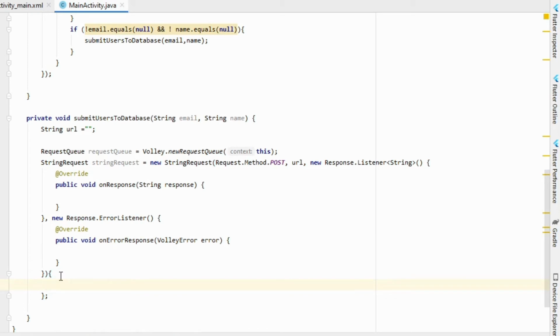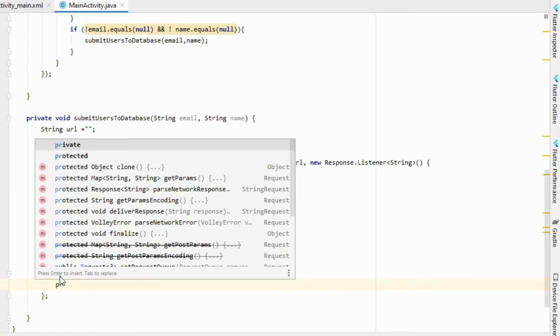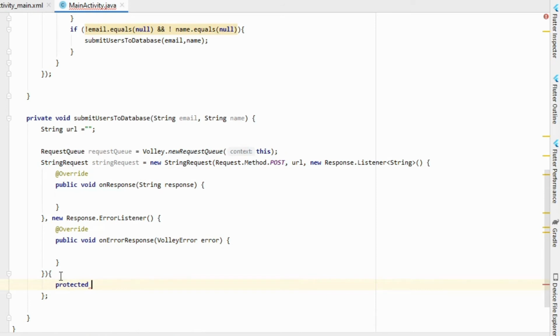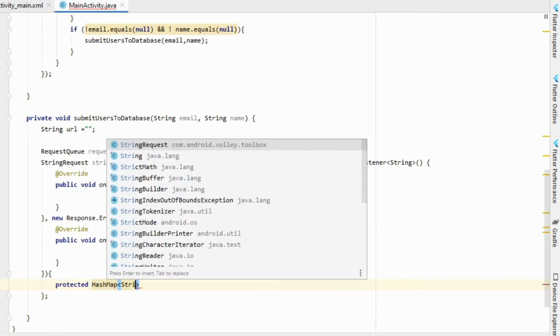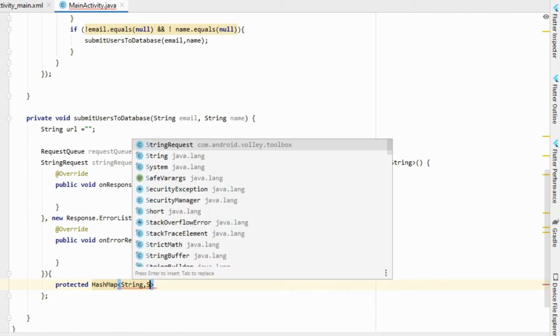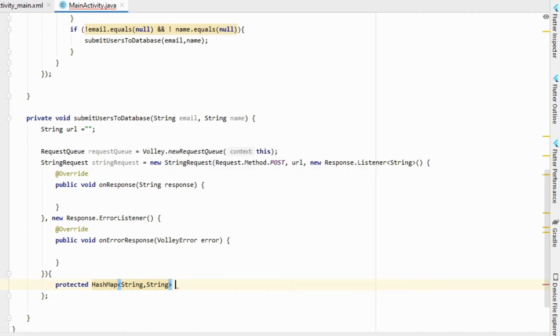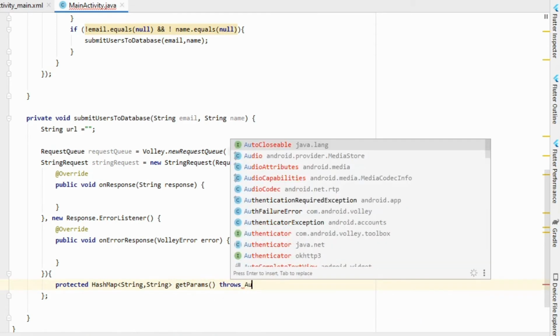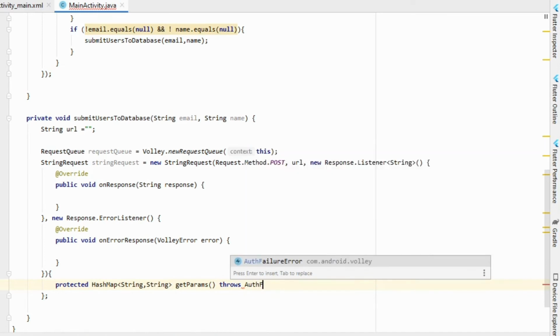You open a curly brace and you write protected HashMap, it will be String and String, then getParams, which throws an AuthFailureError,